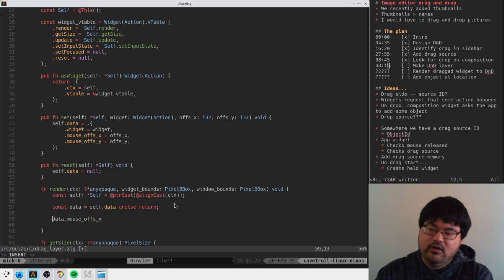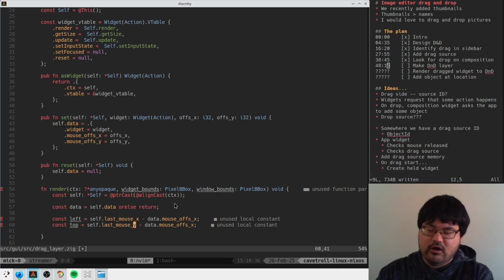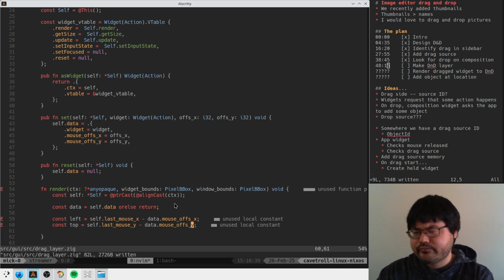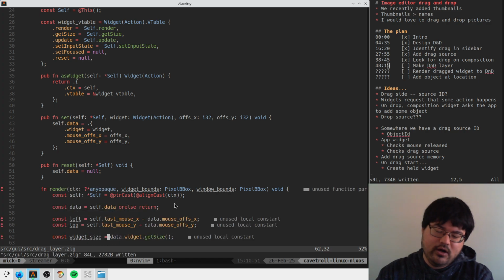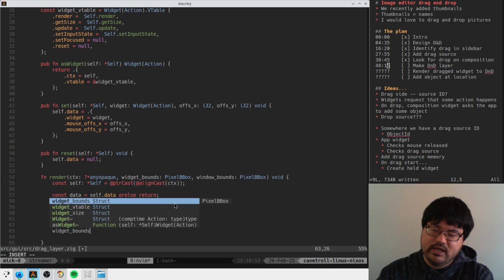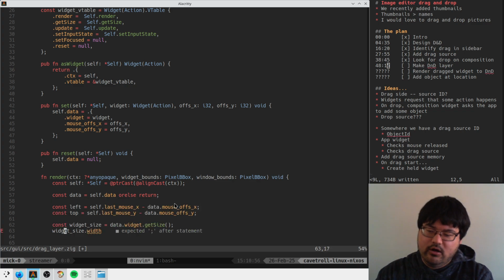We're going to say that top left is equal to our mouse x, or this is left, and this is top. So we take the mouse y minus the offset, and then we get the widget size. Widget size is where it's going to live. So we have widget size width and widget size height, which are going to be the right and bottom side. So we have inner bounds is